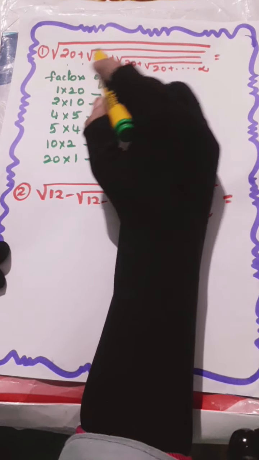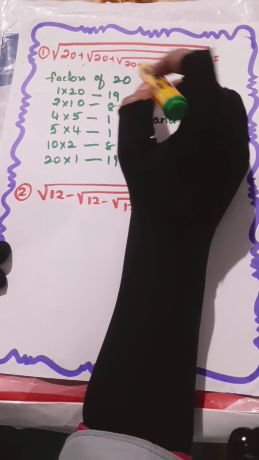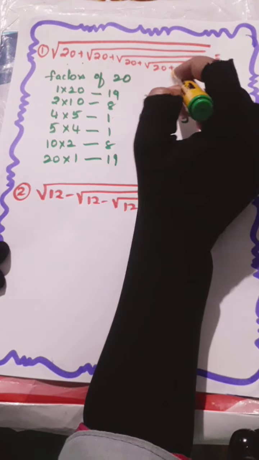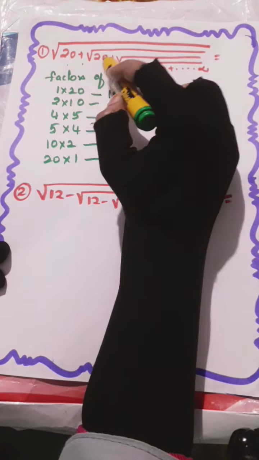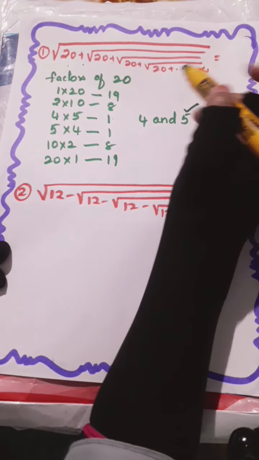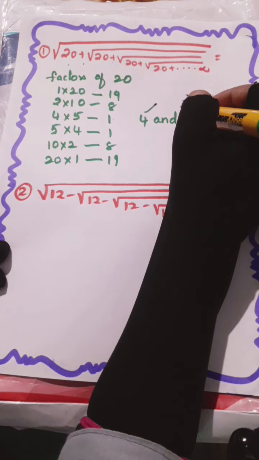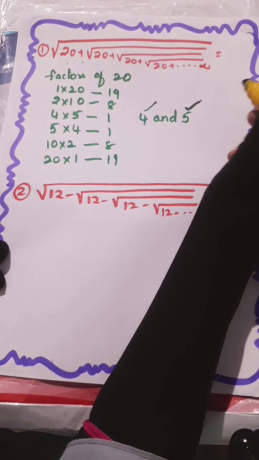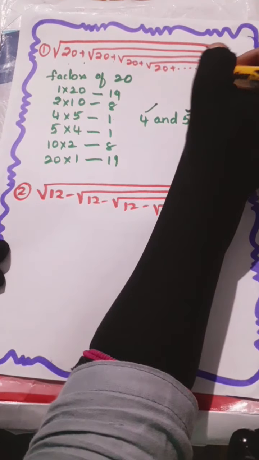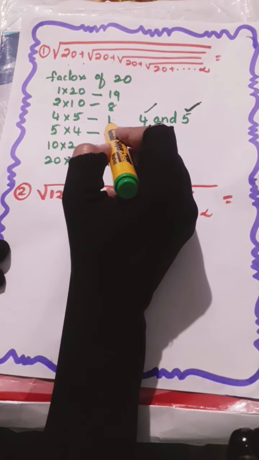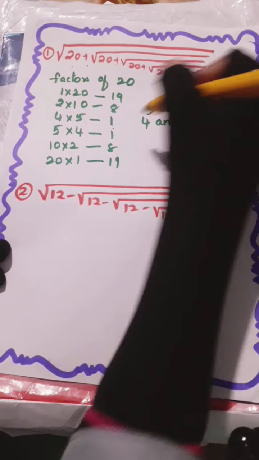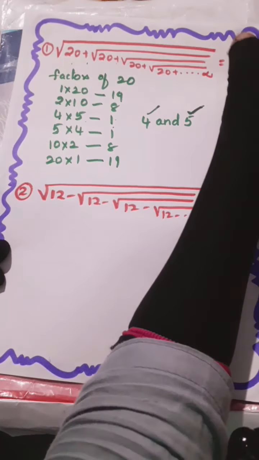Okay, if here minus symbol is there, for example another question is there and the symbol is minus, like 13 minus 13 minus 13 minus, like this. So for minus symbol we have to take less value, for plus symbol we have to take big value. Okay, so the answer is what? Here plus symbols are there, and these two numbers whose difference is 1. So we are selecting these two numbers and we are writing what here?